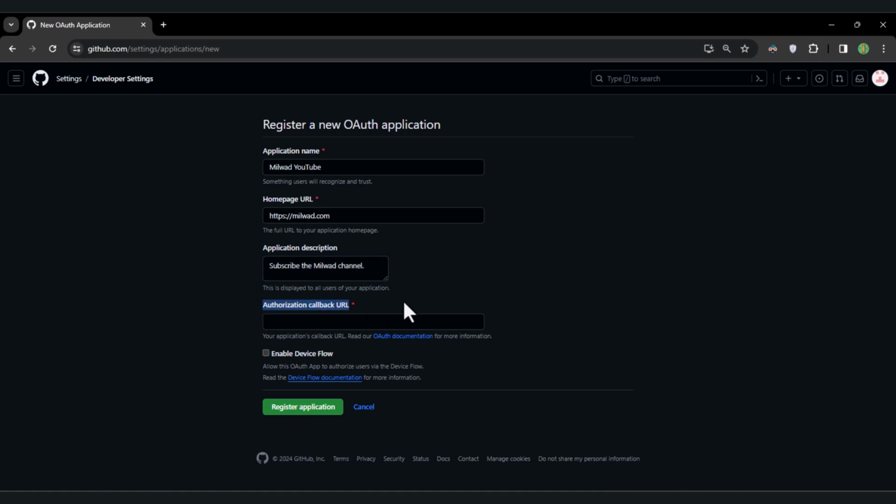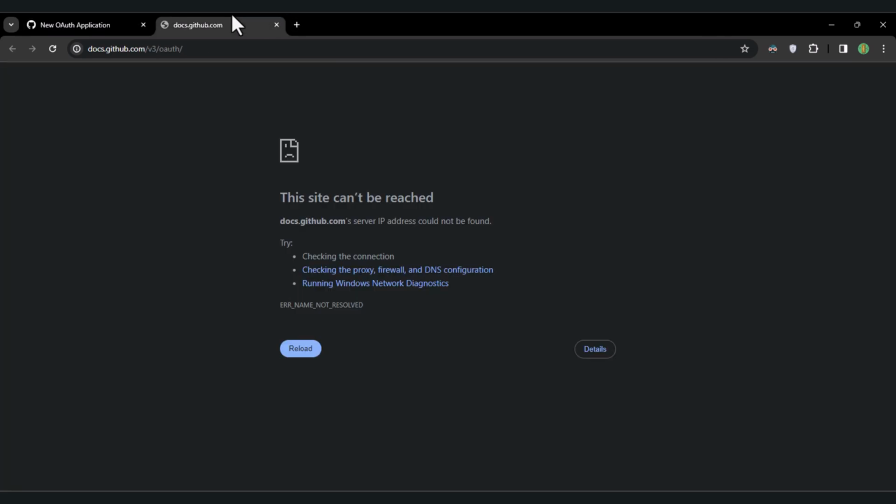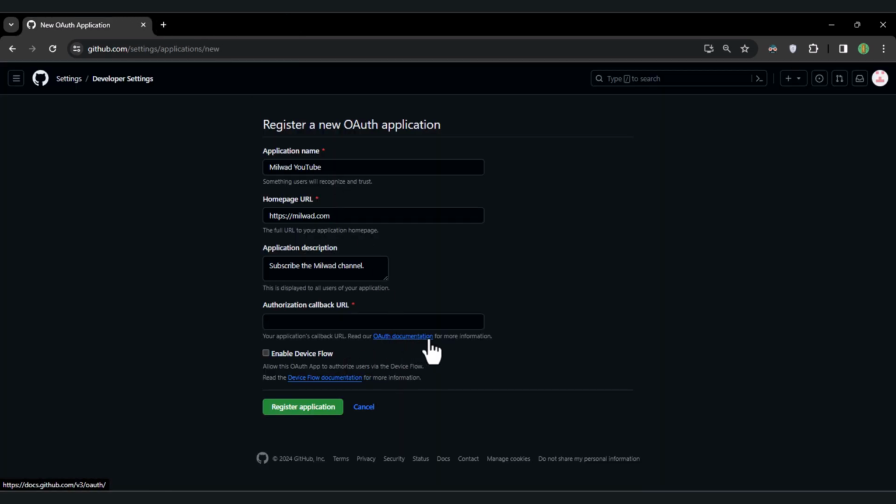The authorization callback URL is very important, so write the correct URL. If you write it wrong, in the login we have a problem in the GitHub login action. You can also read the OAuth documentation for GitHub. For the authorization callback URL, because we are developing on my local machine,